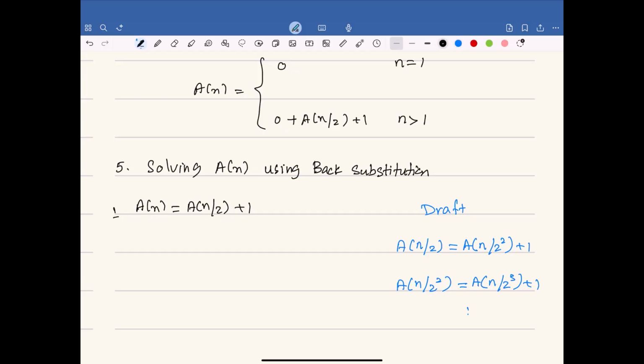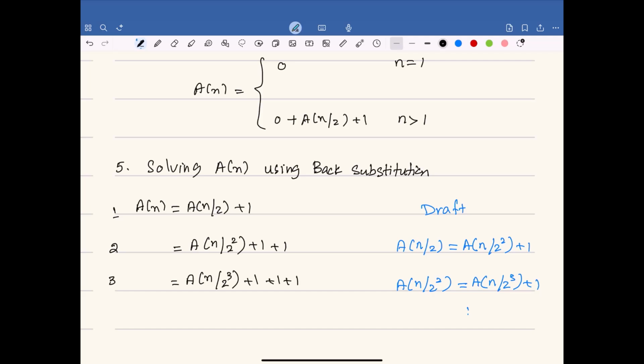If this is step 1, in step 2, we do the first substitution, which is equal to A of n over 2 square plus 1 from the previous step. In step 3, we do the next substitution, which is A of n over 2 raised to power 3 plus 1